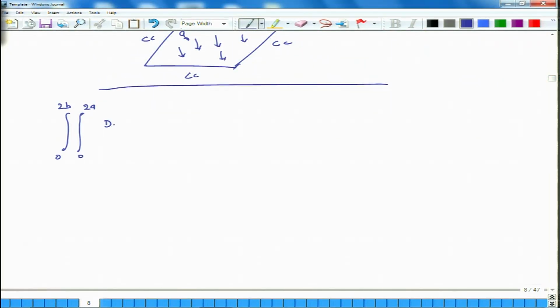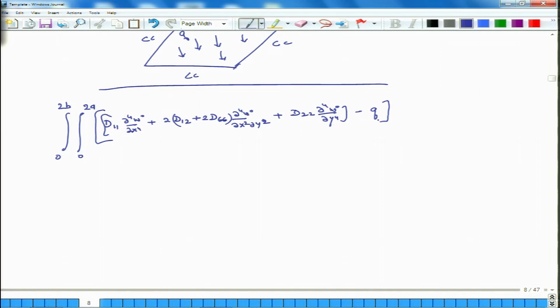Error was D11 del 4 w naught over del x4 plus 2D12 plus 2D66 del 4 w naught over del x square del y square plus D22 del 4 w naught over del y 4 minus q. So, this is the error,